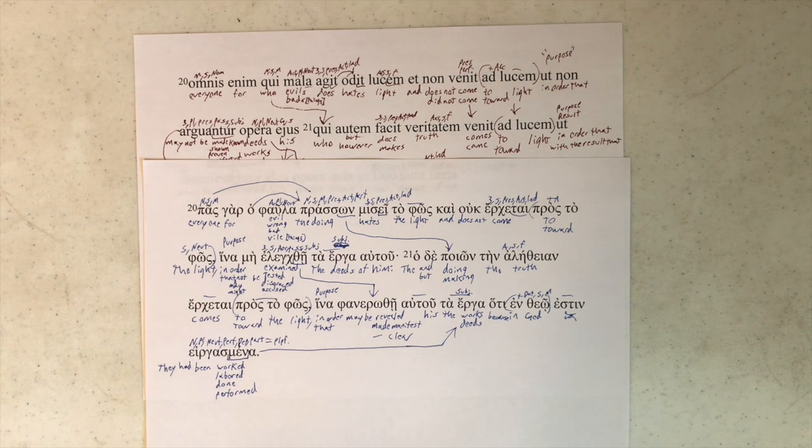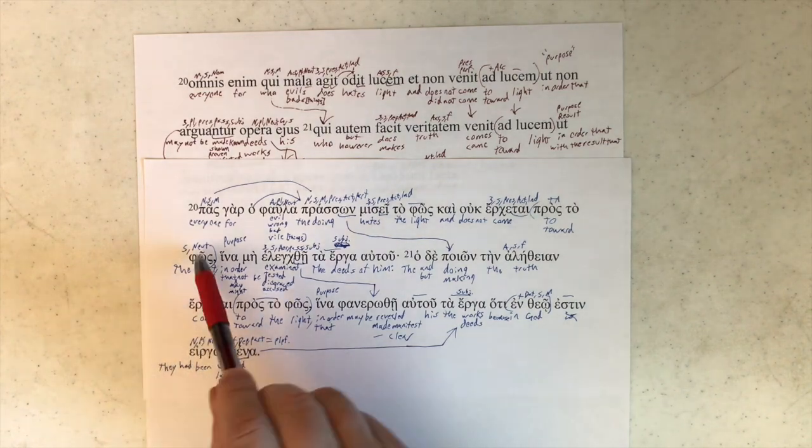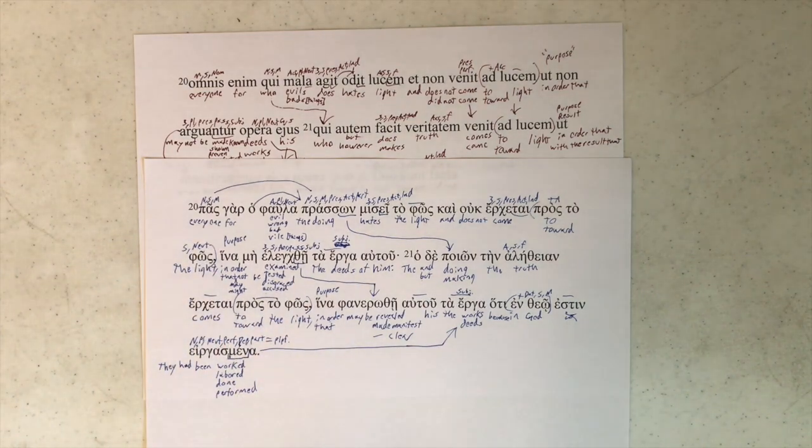Finishing off our comparison of our Greek and Latin text for the very first paragraph of John chapter 3. It has been very long. Today we have verses 20 and 21 to go through. So far our Latin text has been doing pretty well. There are 4 problems that I can think of right now, 3 major, 1 minor.